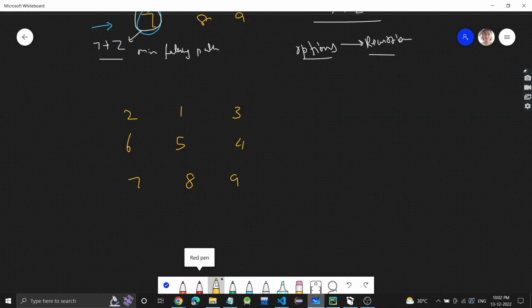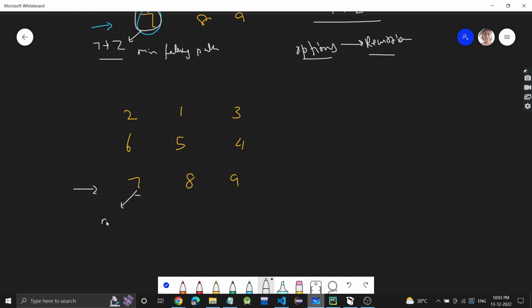So what we will do is iterate on the last row, because we do not know where the path could end. The path can end here, here, or here, so we will try all the cases. First of all, let's say we are here. For this 7, we'll have to make recursive calls.